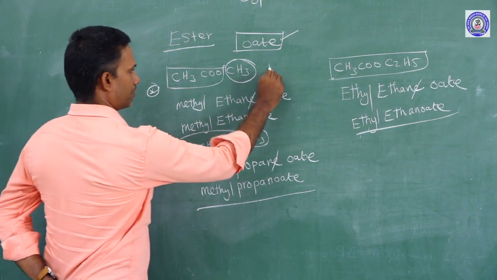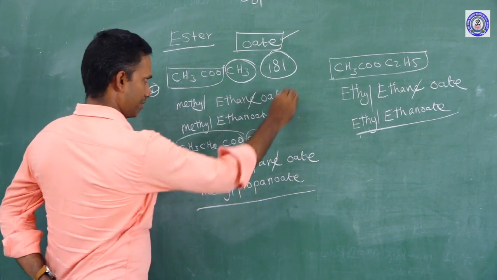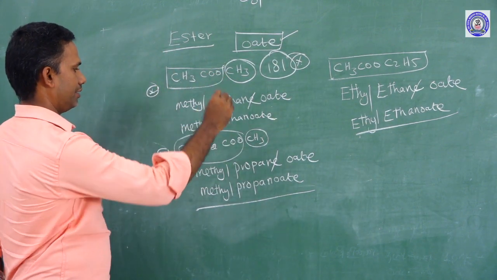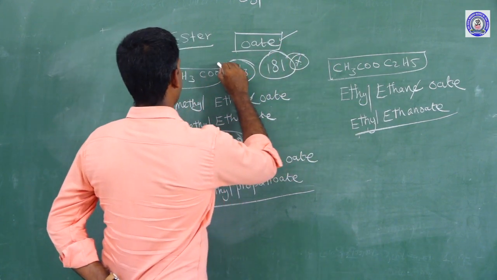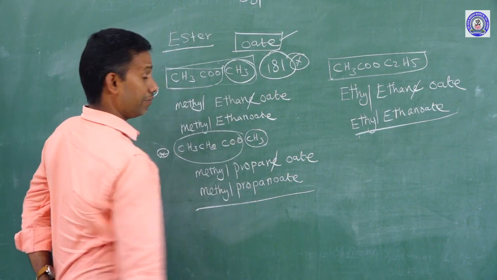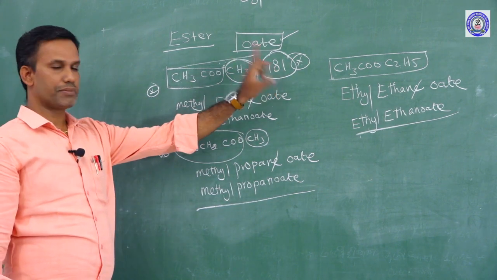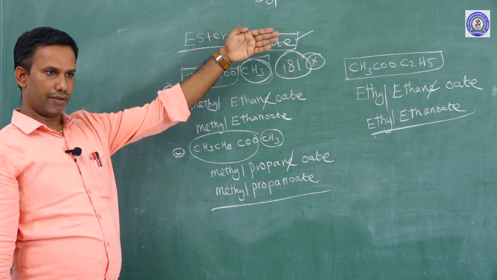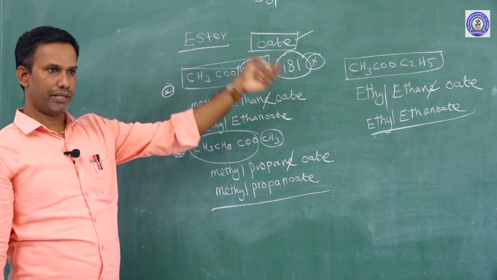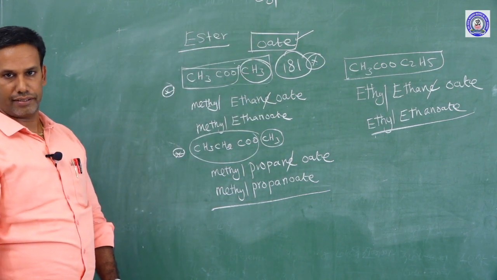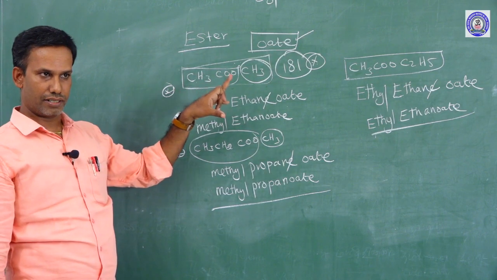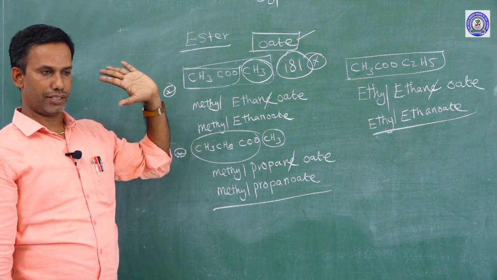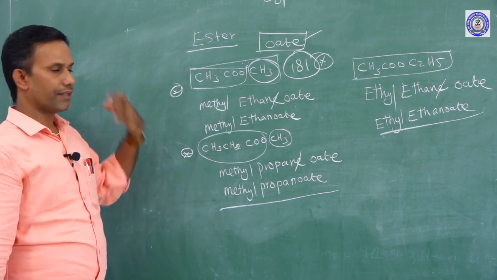In your book, page number 181, there is a mistake. They are not giving methyl acetate. This formula is not given, but the name is there. Mind that. On page number 181 there is a printing mistake in your book. Instead of ester, they have printed an anhydride there. The name is there, but the formula is not correctly printed in the table. You go through it and find this. This is how to name the ester.